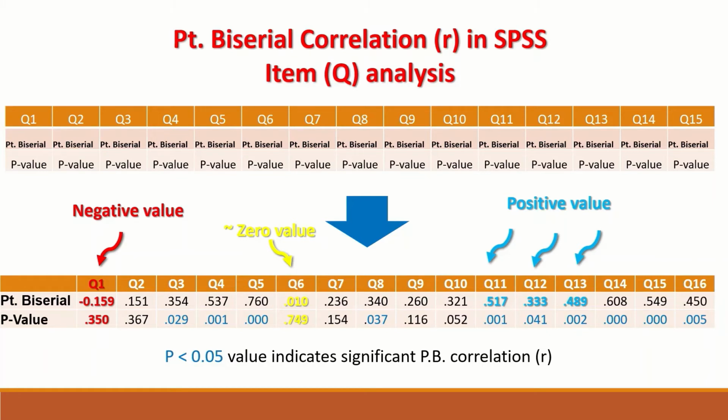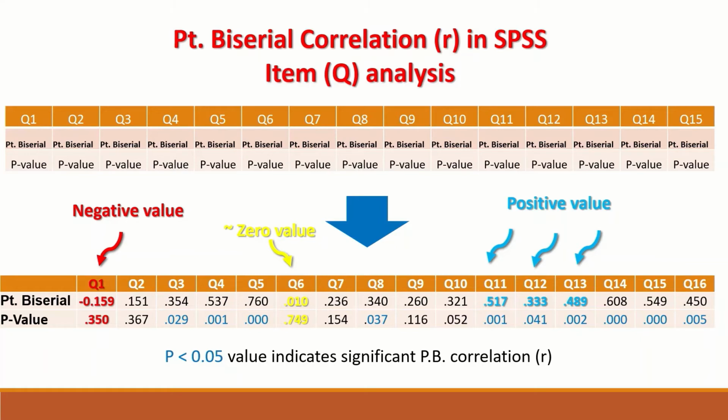This question number 1 indicates that higher performing students are answering it wrongly and low performing students are answering it correctly. So this is a very bad question that needs to be removed from the exam